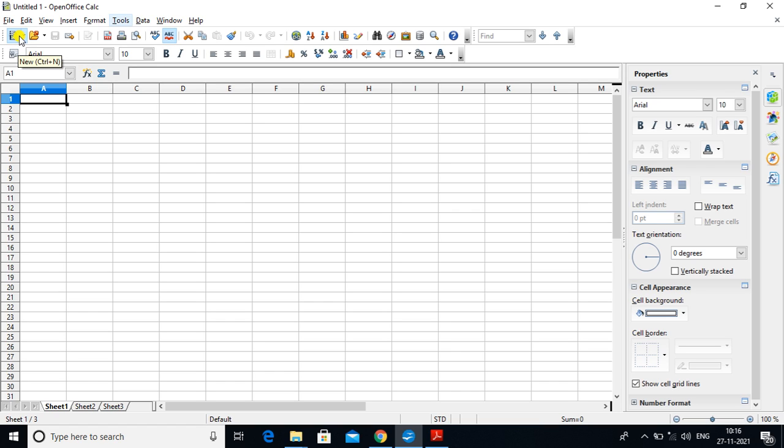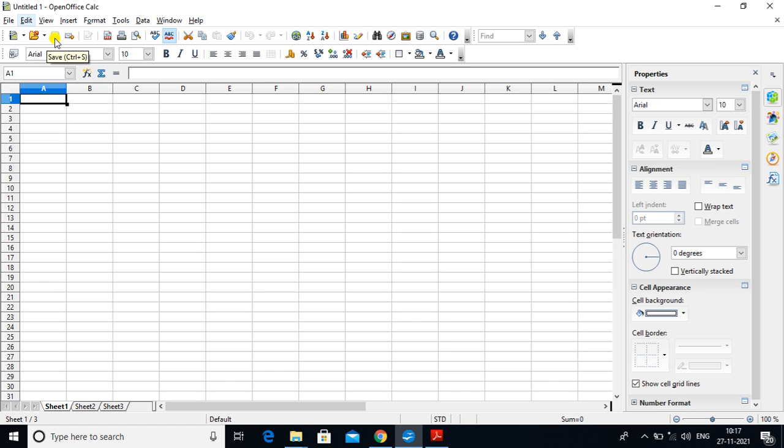Also here a box appears, and it prompts you with the function it represents. Like this is new, to create a new file, and its shortcut also appears here. Next to that is for opening a spreadsheet that you have already saved.